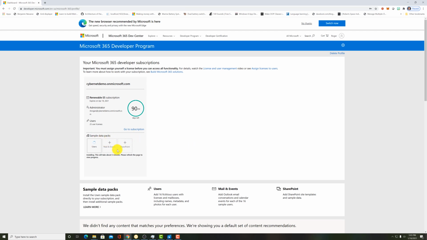Now we have some additional data packs here. We can put some dummy mail and events into those accounts and also create a SharePoint site. And these are pretty handy. So as soon as this is done, I'm going to go ahead and set up mail and events and also a SharePoint site. But now that we have an administrator here for our Microsoft 365 developer subscription,